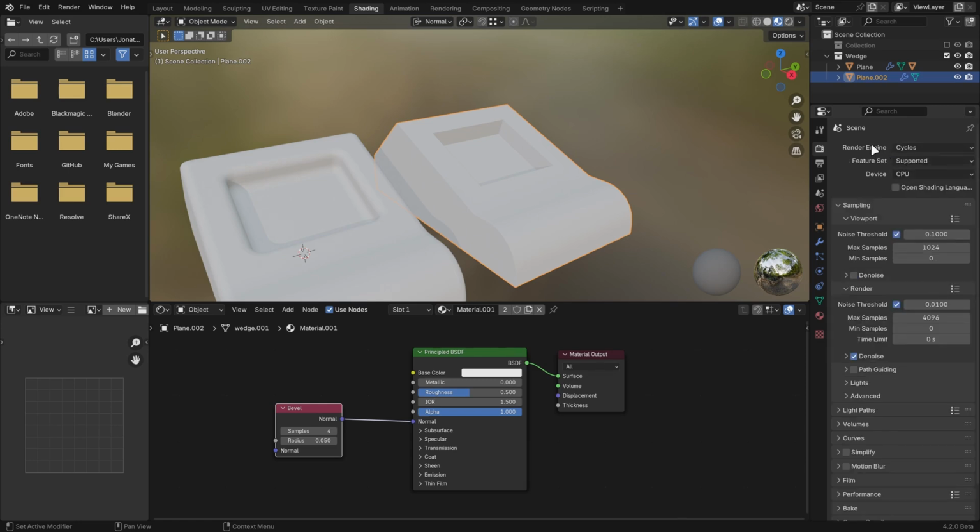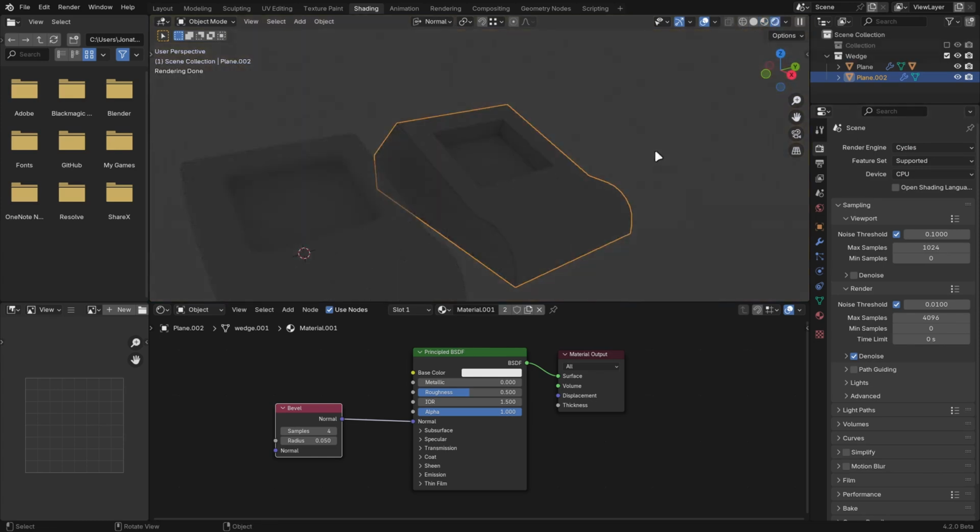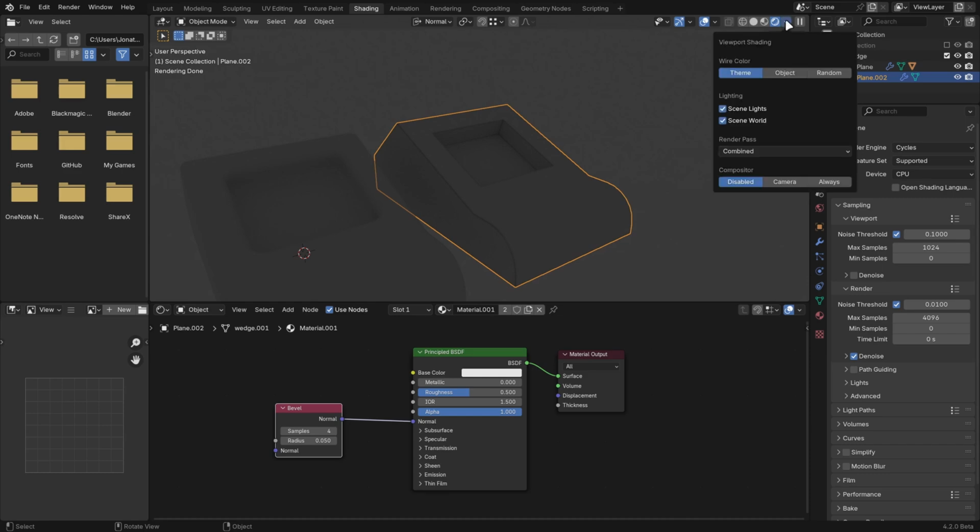Eevee being the fast real-time engine, and Cycles being the more powerful path tracing engine. Then we can switch our viewport from material preview over to rendered, and now we can see that it is in fact working, but it's a bit hard to see without much going on in the background for the object to reflect. So let's go over to the shading dropdown, and under scene world, I'll uncheck that so that we